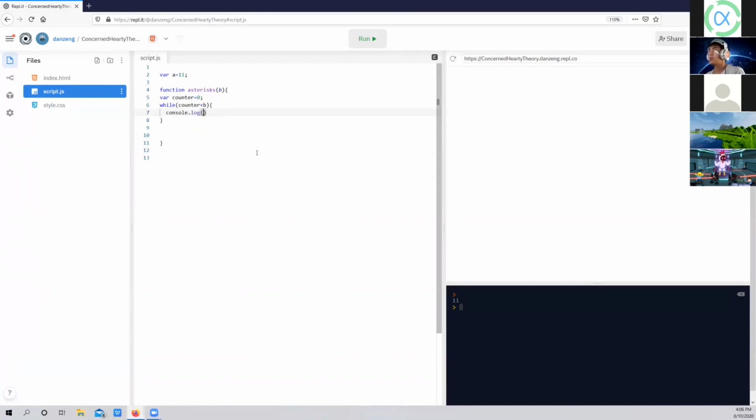Console.log asterisk. And then, as always, plus plus, we have to increment counter so that it's not an infinite loop. And then if you run it, oh